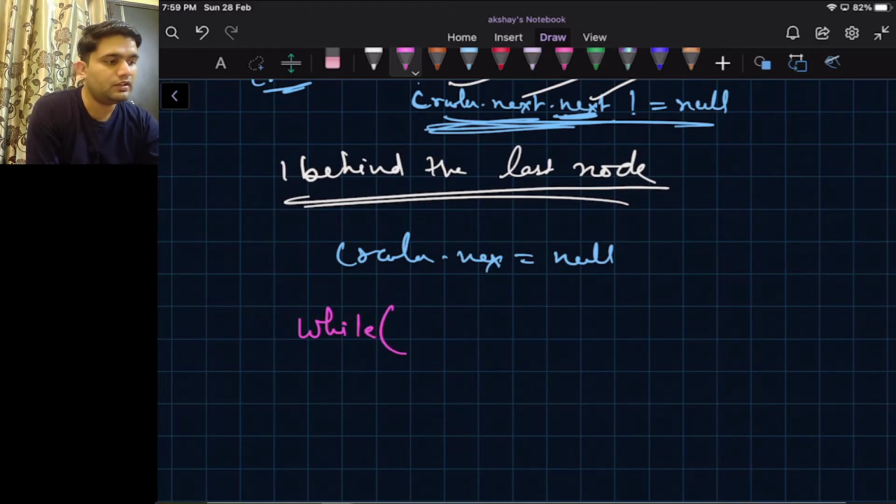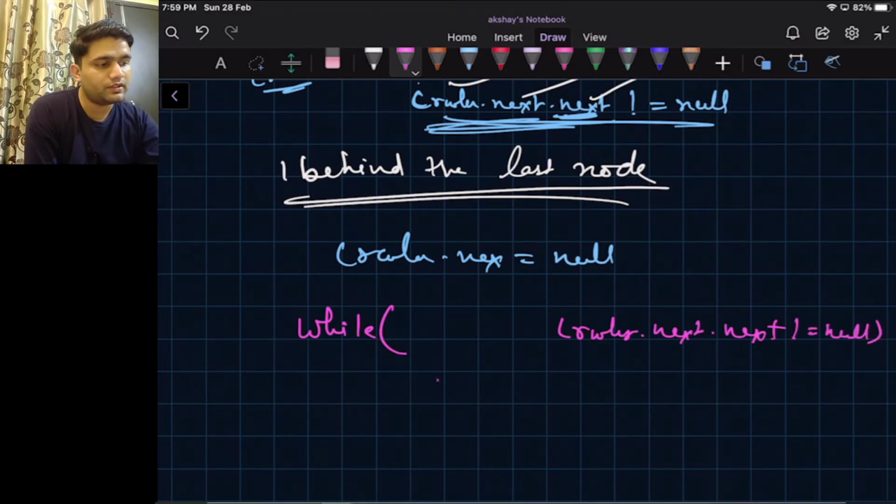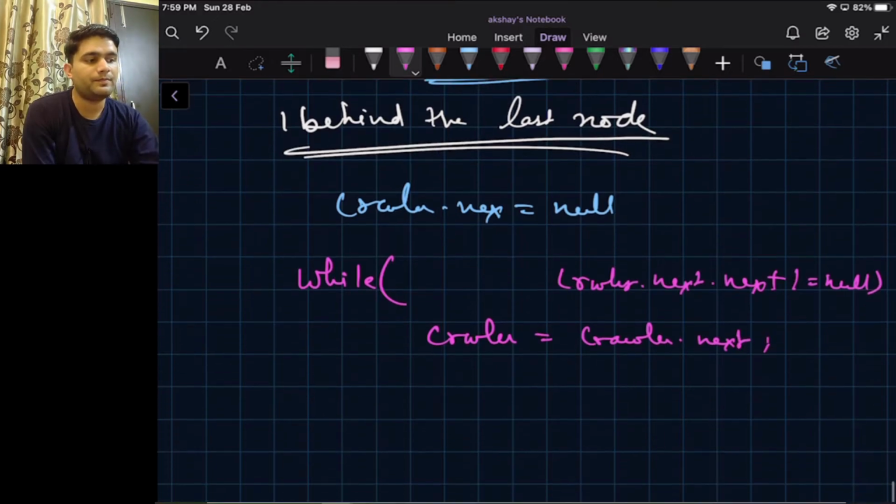If we write the code here, it will look something like this. If crawler dot next is not equals to null, we can simply say crawler is equals to crawler dot next.